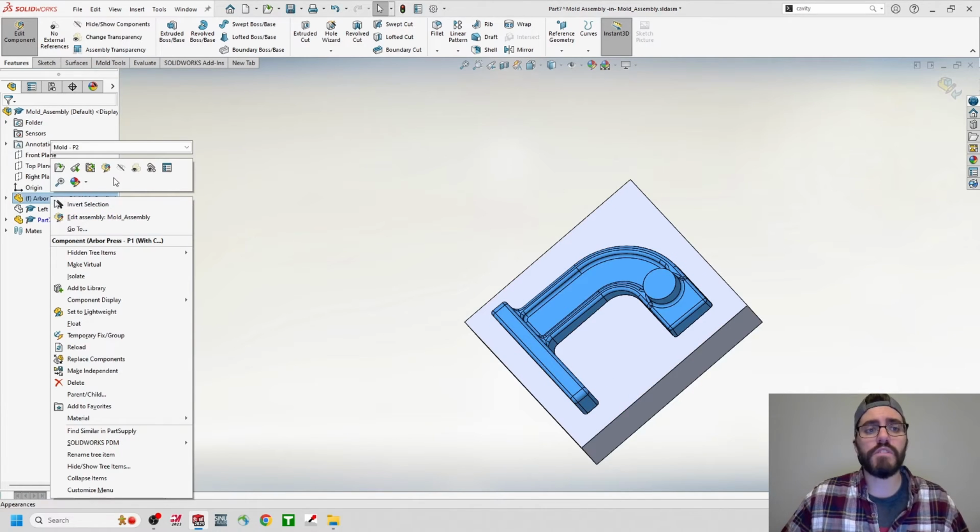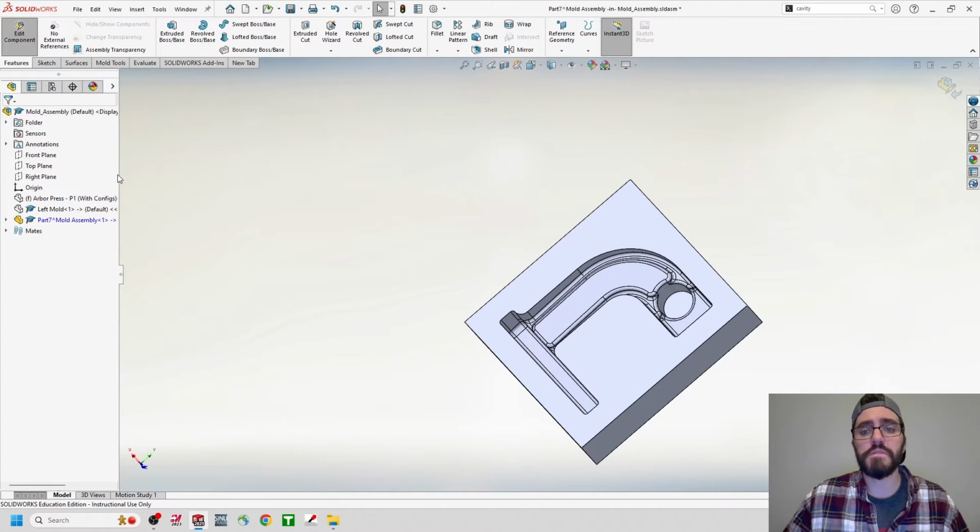From this drop down menu, we're going to find that icon with an eyeball and a line through it to hide the component. Click on hide components. And once again, we can see that we've created this nice negative cavity for our Arbor Press P2 mold configuration. Now that should complete the right side mold, so let's go ahead and save this with the rest of our